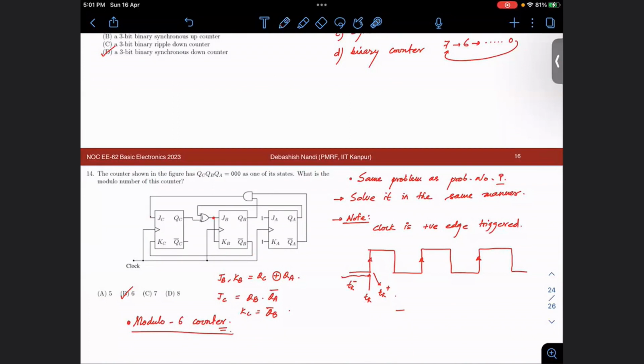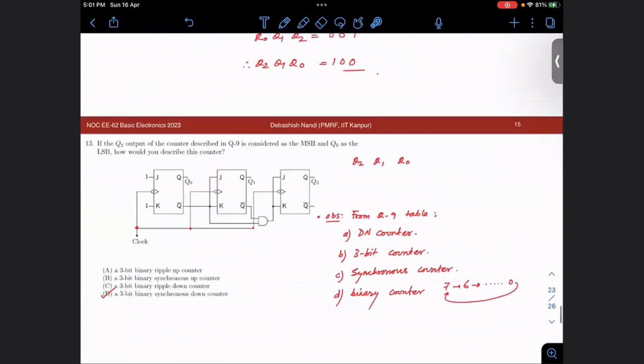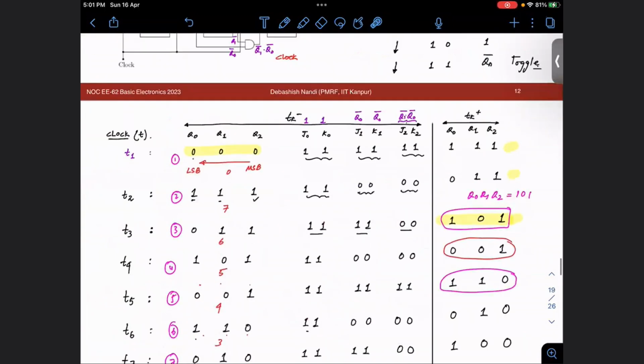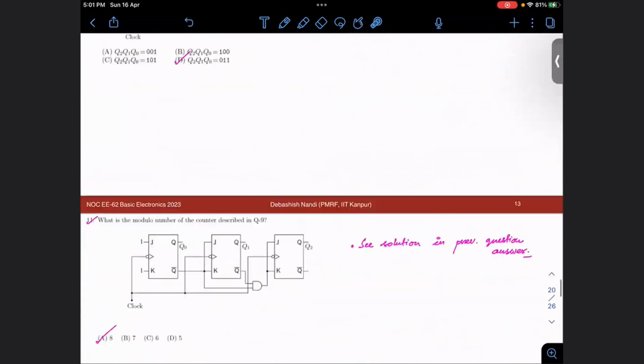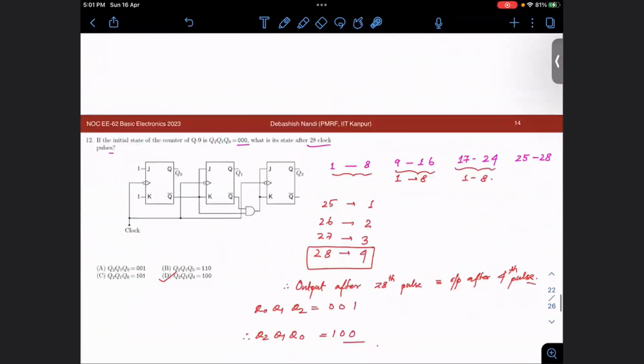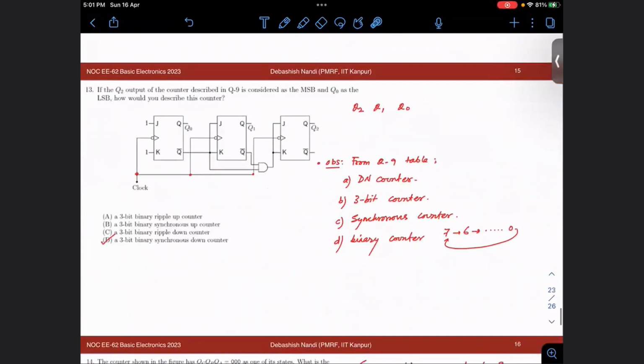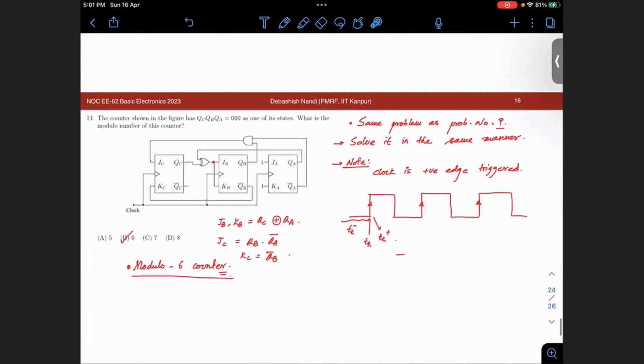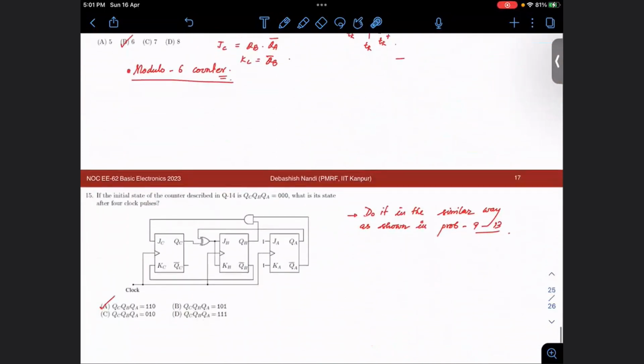And JB, KB is this expression, and JC and KC is this expression. Similar to this table, you just draw a similar table and compute the states, and you will easily find out the modulus of the counter, which will come out to be 6, and after any number of clock